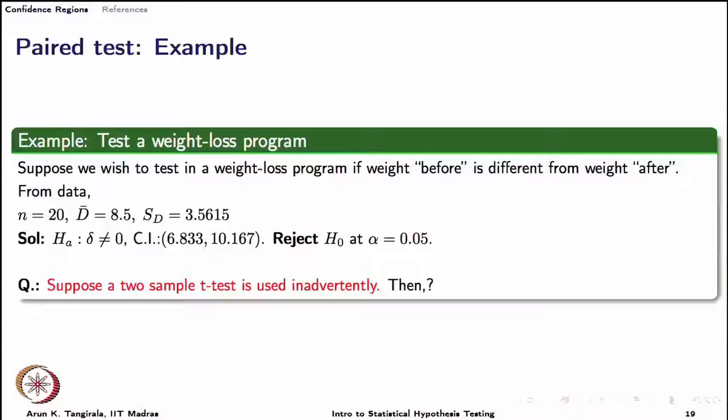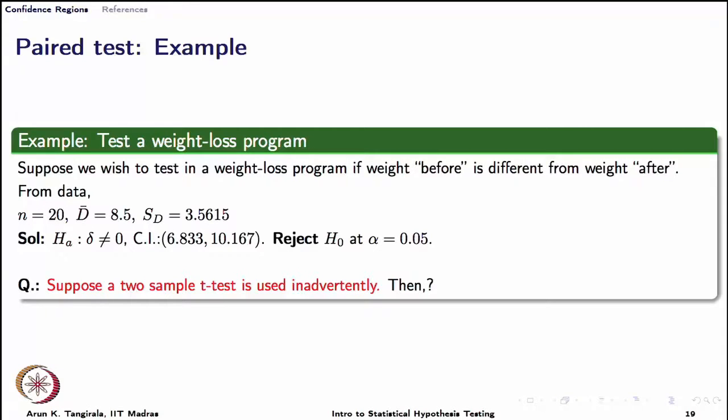But suppose the alternate hypothesis is of the type the difference is greater than 10, then I will have to construct a one sided confidence region and then answer that question of the alternate hypothesis, which is the weight difference is greater than 10. So, I leave that as an exercise to you, and also what you should do is construct a confidence region assuming, like we did in the hypothesis test case, I had asked you to do this as well there, treating the samples before and after as independent. That means we apply a 2 sample t-test.